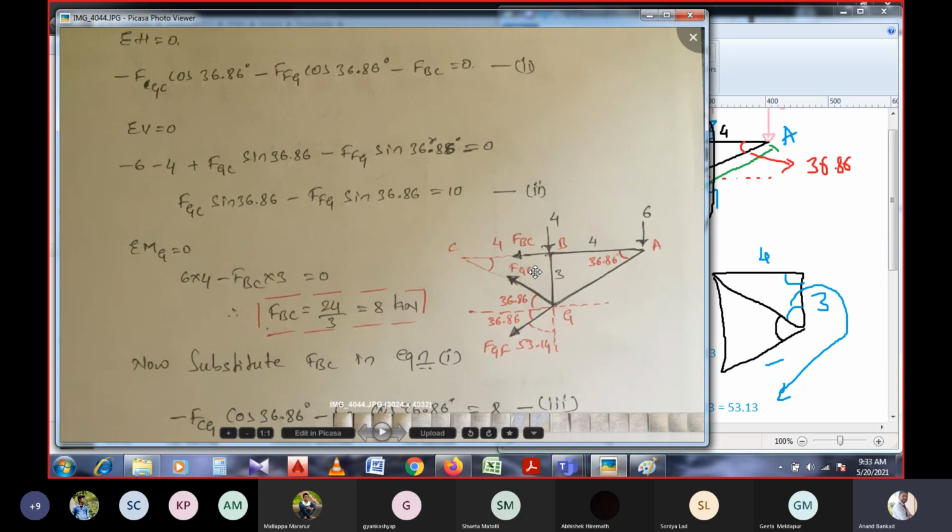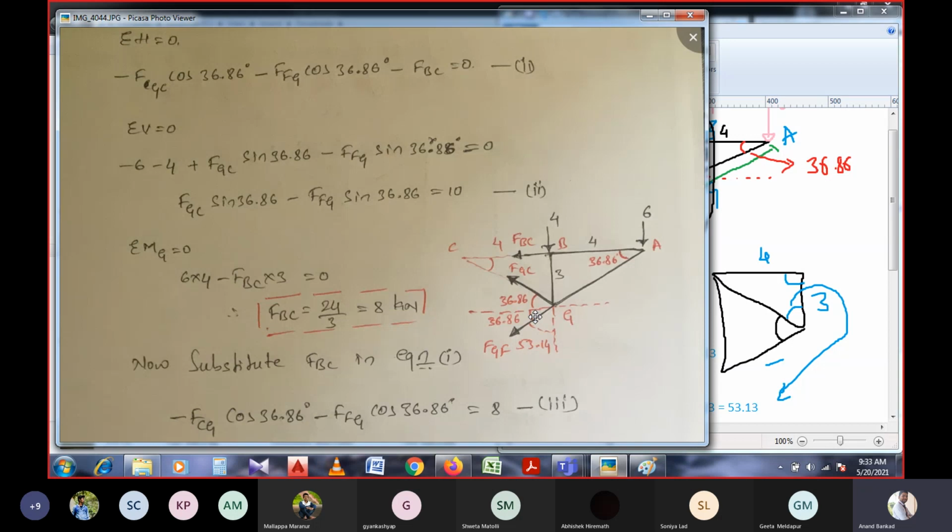And apart from these two, we have another force which is BC, moving towards the left. So what we are doing here is, in the section we have considered, whatever forces are acting in the horizontal plane, those forces are to be considered, and the summation of all forces in the section is taken, right?